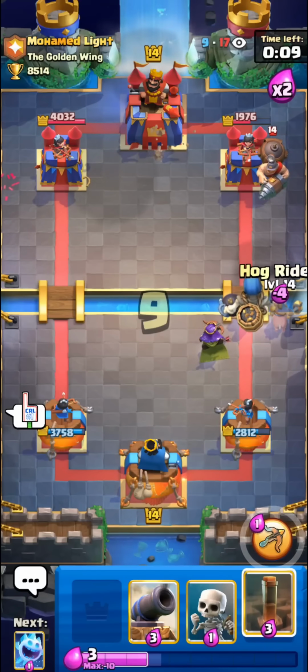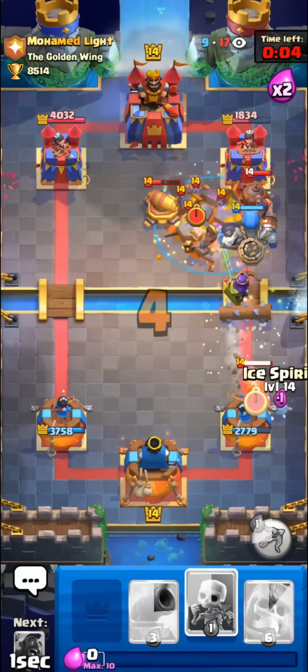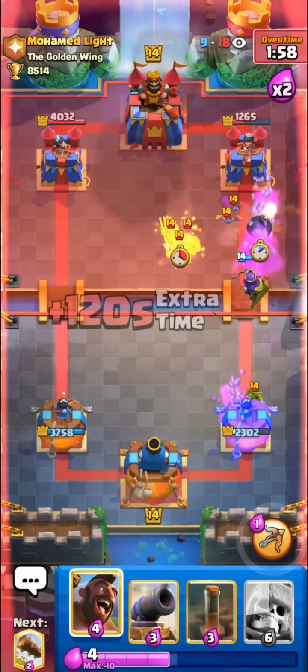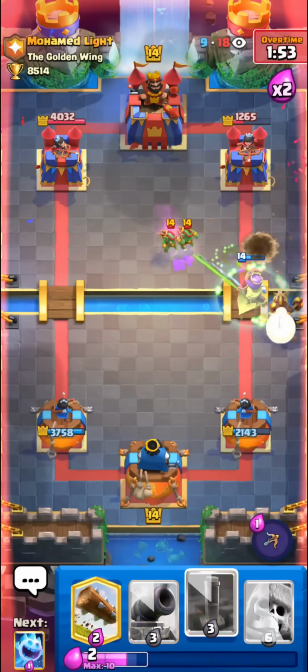Okay, I'm gonna go with my Hog Rider behind it. Maybe try to get a log down or something on his Mighty Miner. Okay, he will drill. I might have to take some damage from this drill. I'm gonna go with my skellies here. I kind of wanted to use my log on offense. Okay, that giant skelly unfortunately did die there. I kind of hoped it would walk towards his tower a little bit more, but